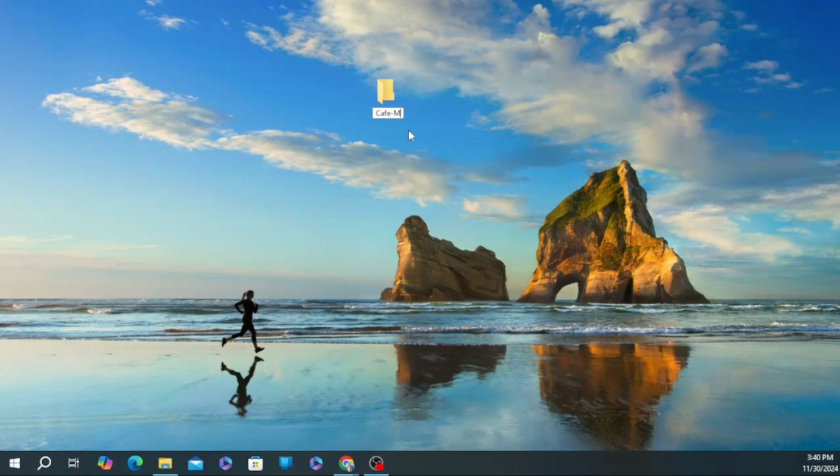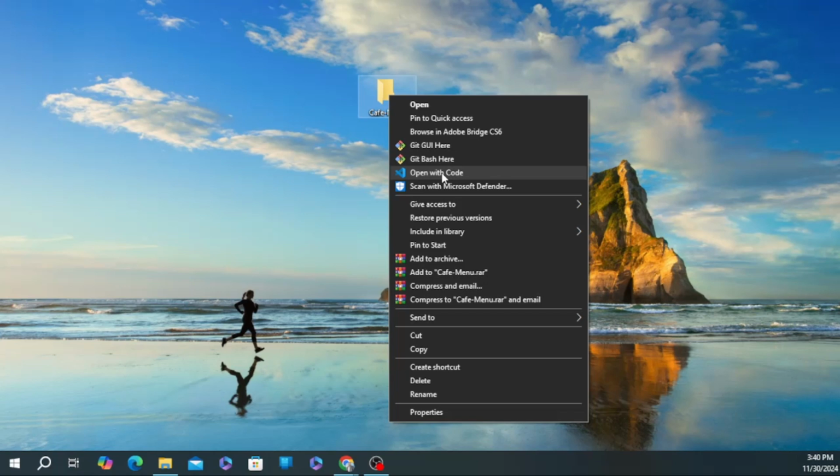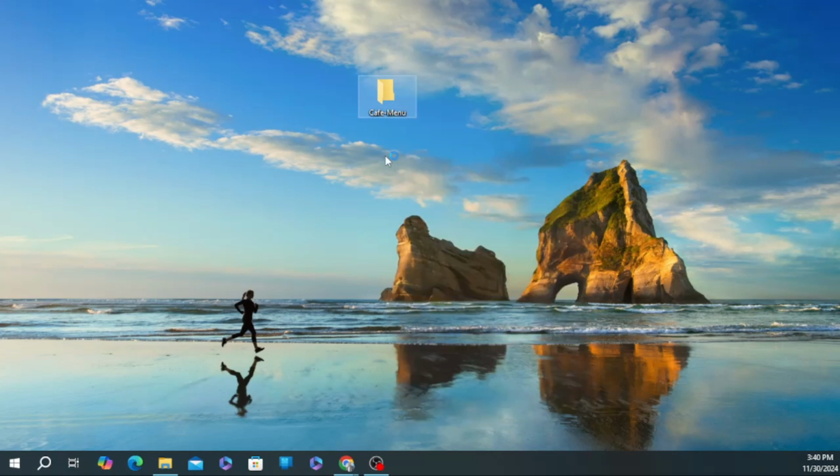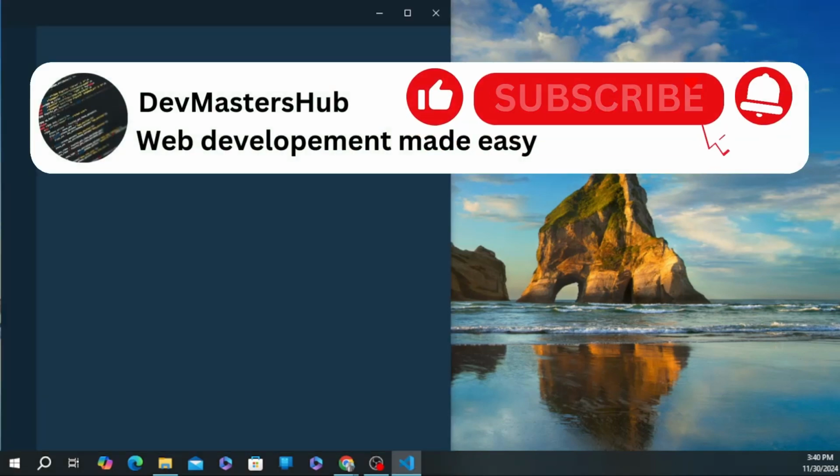Once you create it and hit enter, you're going to right click and open it with VS Code if you have VS Code installed on your computer. Now you're going to have the project locally so you can work and see everything that you're doing